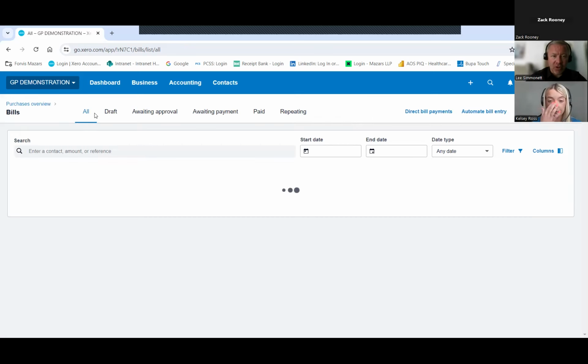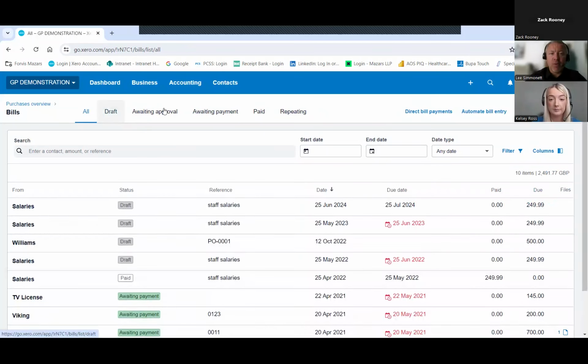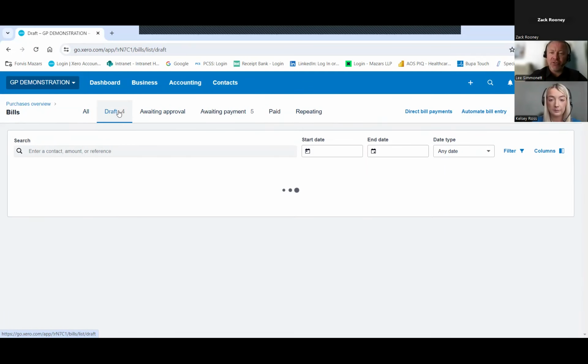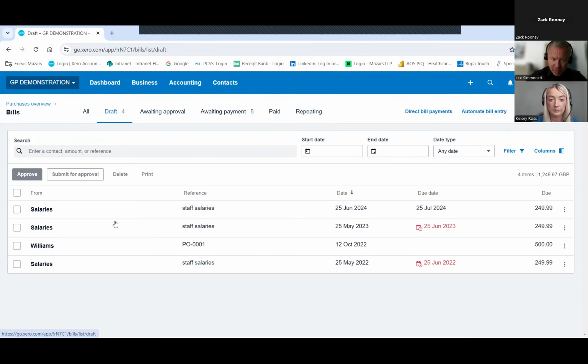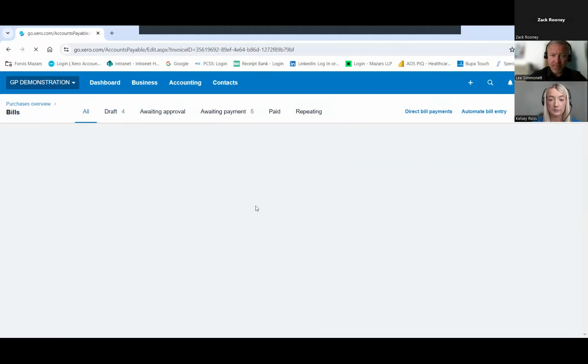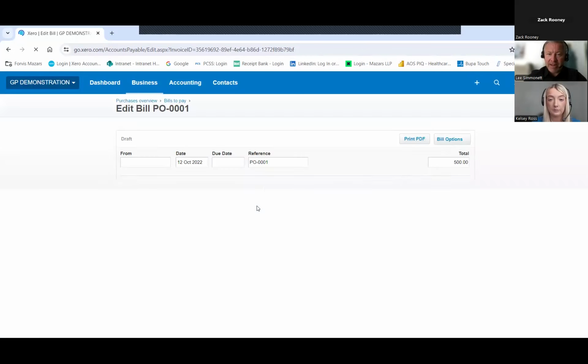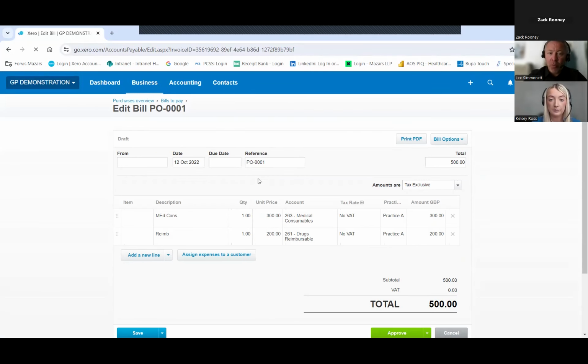So you can see along the top here, you've got all, draft, awaiting approval, waiting payment, paid, repeating. Okay. So the automate bill entry, use that. Your email comes in from whoever. Forward that email to this email address here. That will then populate in this tab, the draft tab. You would then need to go into the draft tab, find the bill that's been populated, click on it to open it up,